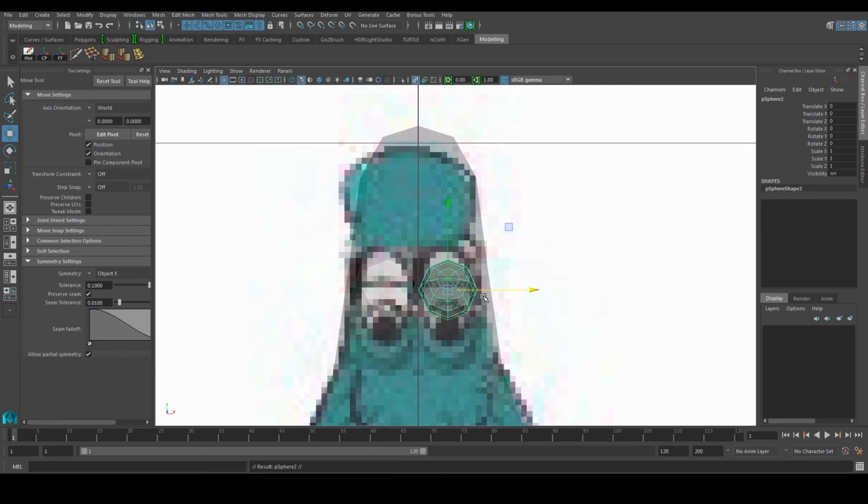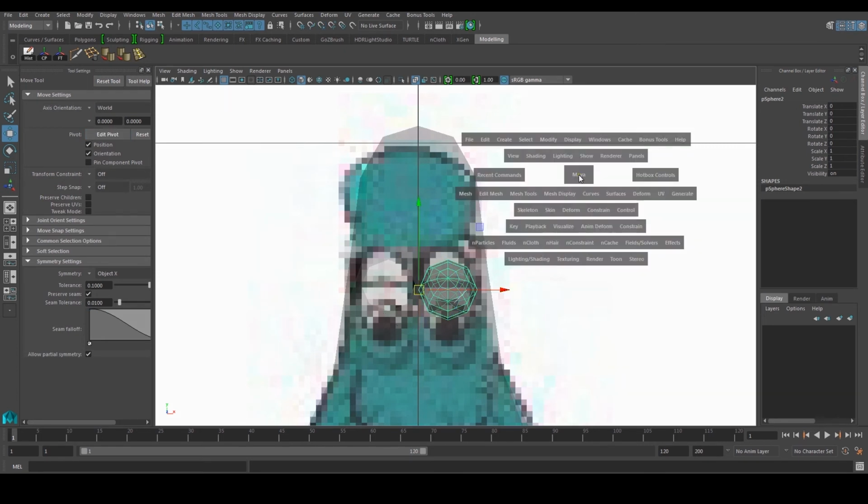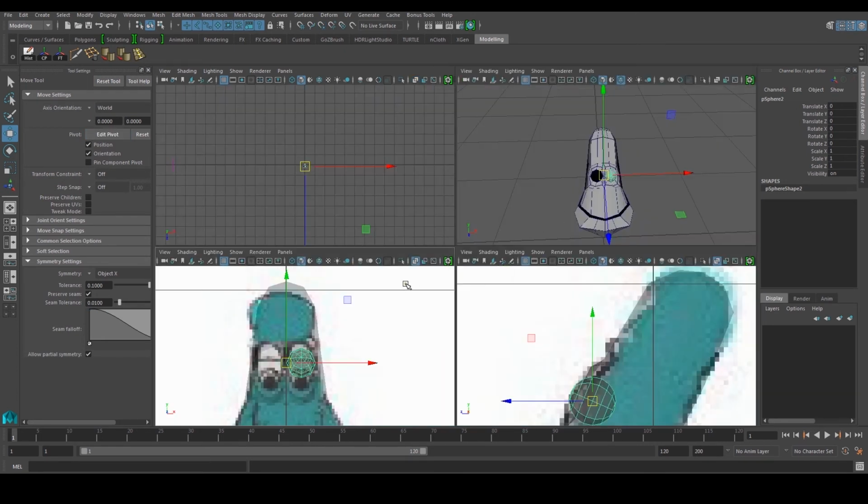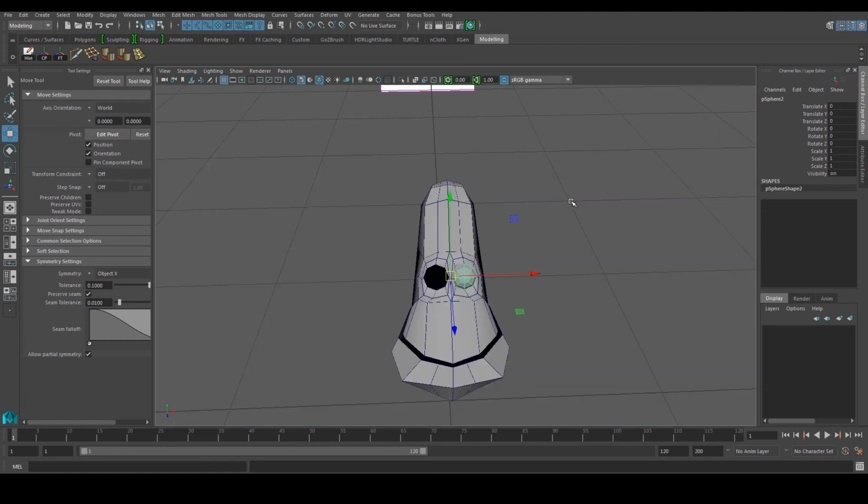Of course I need to duplicate, which gives me the second sphere over here, and then I can press and hold D and then press and hold X. Now this way I'm actually moving my manipulator. I'm not moving the model, I'm moving the manipulator, and I'm asking Maya to snap this guy to the center of the grid.